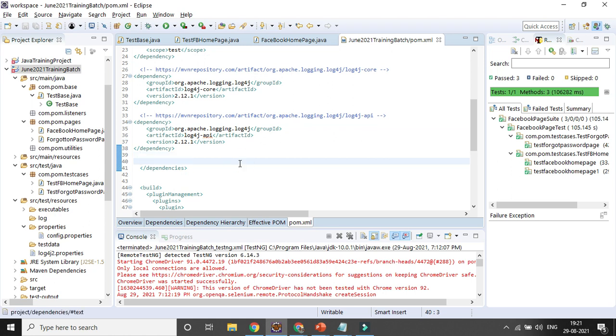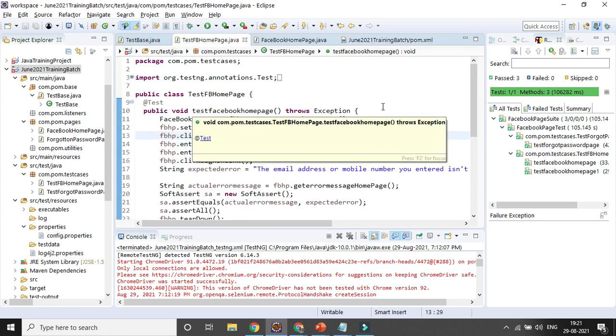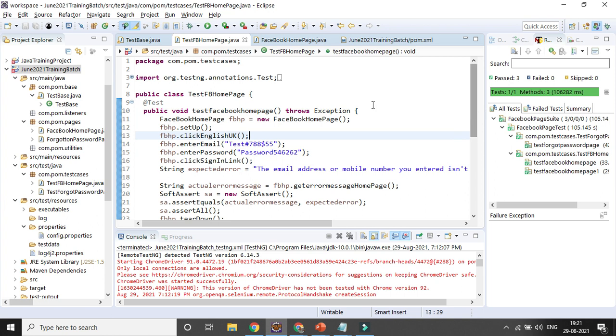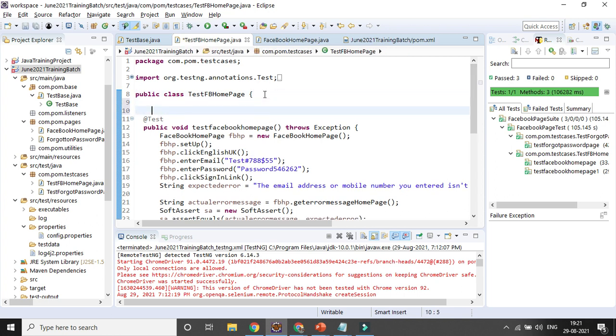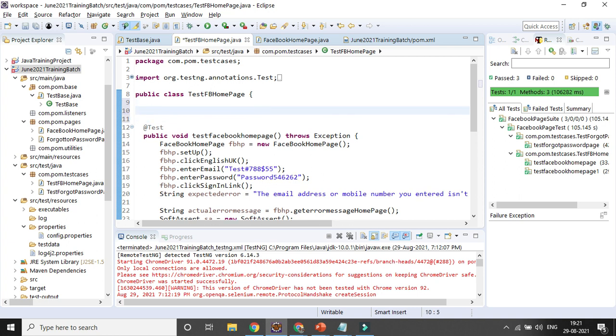Once you save it, then you can go to the test case level where you want to add the appenders for the log4j. Suppose this is the test case where I want to add the log. You need to add a global variable here before the test case, because you can have multiple test cases here, right? So that will be public static, this is the Logger class.